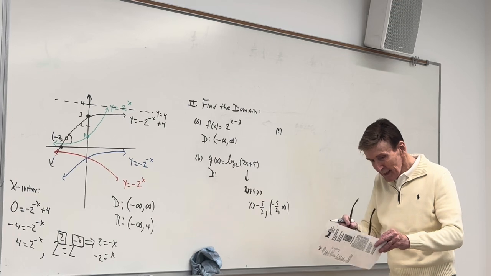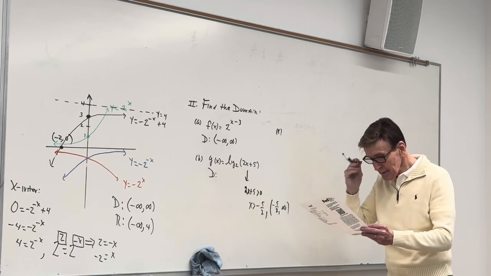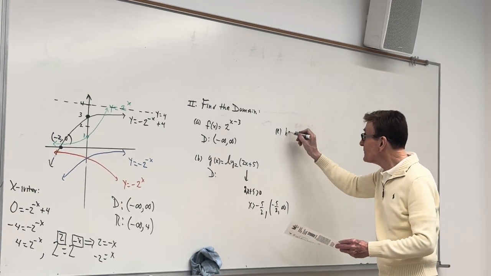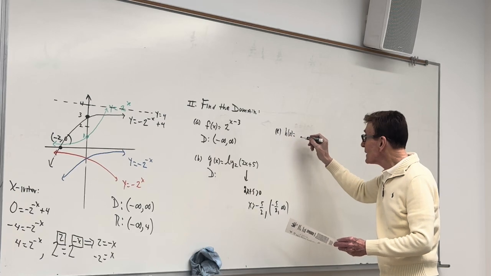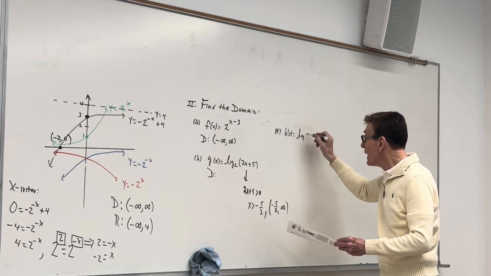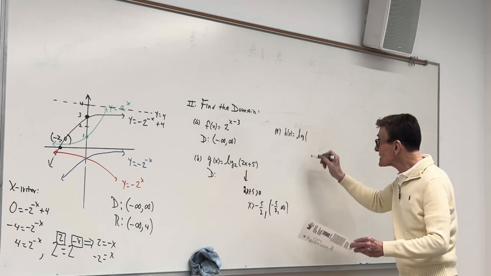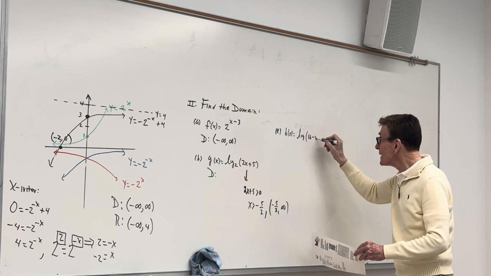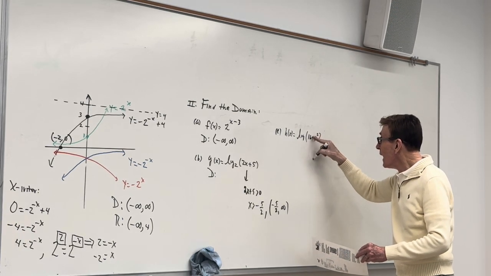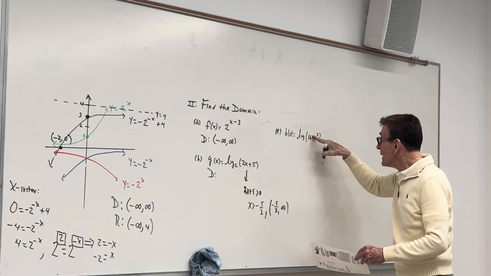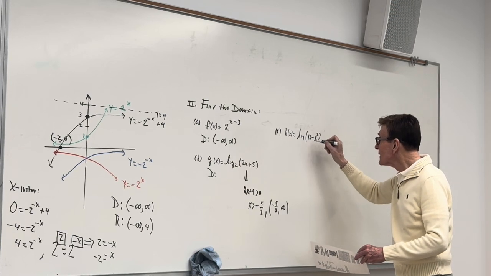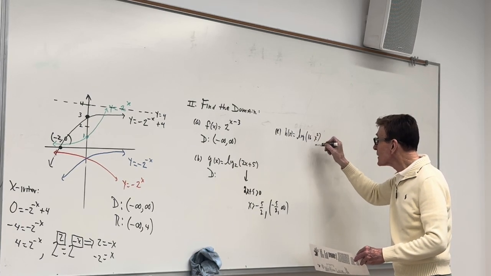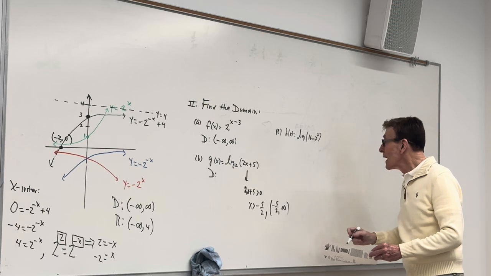There we go. Next one I brought in looks like this. h(x) is equal to log, and in this case I have 16 subtract x squared. I'm going to look at this. This marker will work for me here. Now,